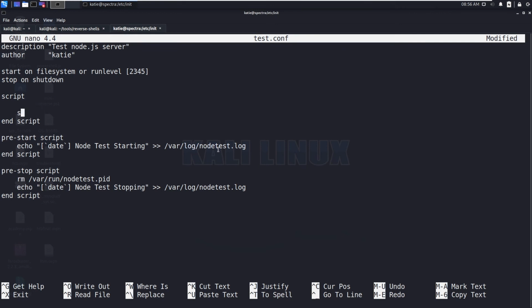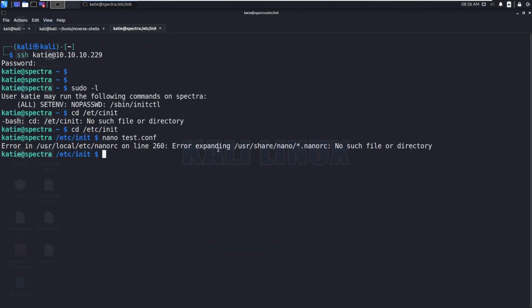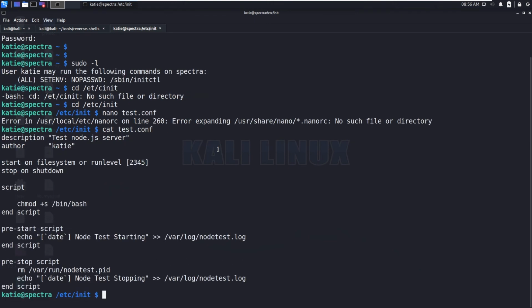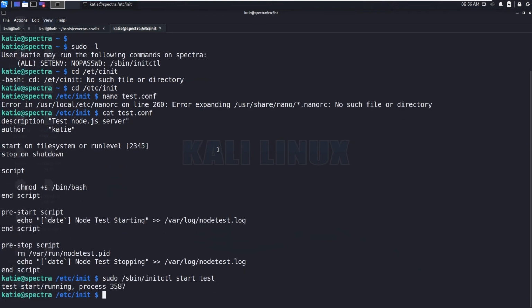I'm sorry, chmod +s /bin/bash. Now save this. Now let's run this.